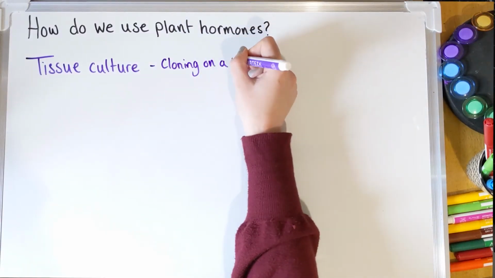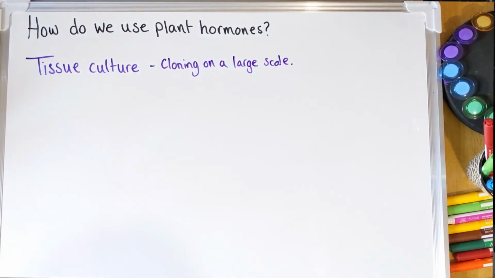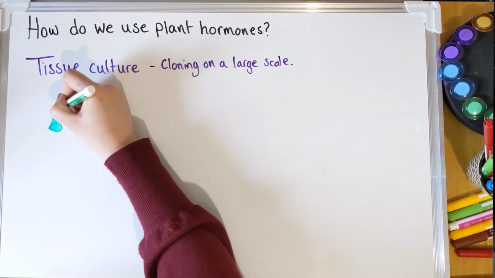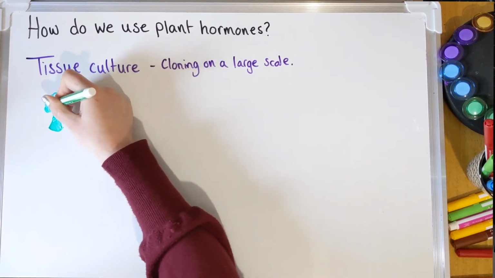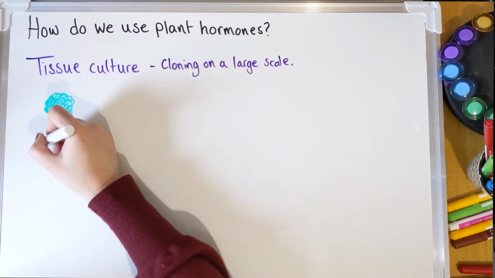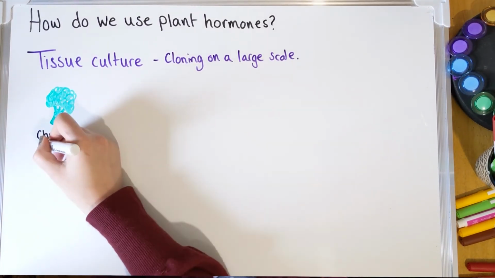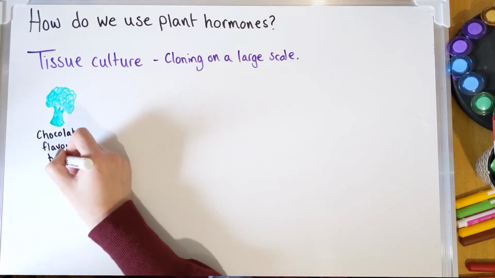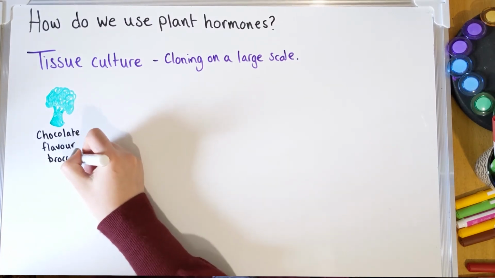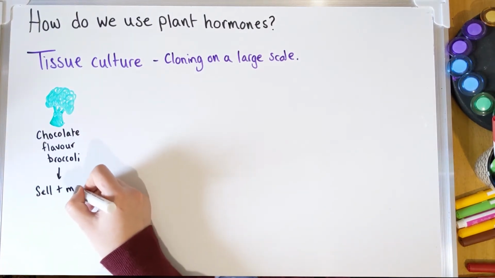Another use for auxin is in something called tissue culture, which works similarly to plant cuttings, but you're doing it on a much, much larger scale. So let's think of a world where you've discovered chocolate flavoured broccoli. It's broccoli, but it tastes just like a piece of Dairy Milk, or insert your favourite chocolate here, and you think, bloody hell, I'm going to get rich. If I manage to sell this, not only will we get children to eat more vegetables, I will be minted